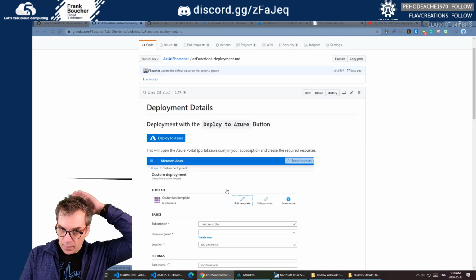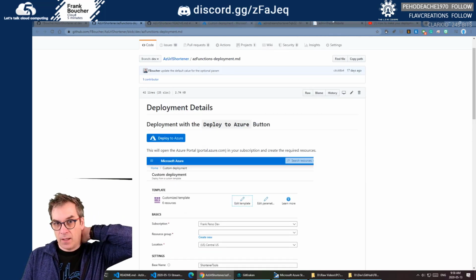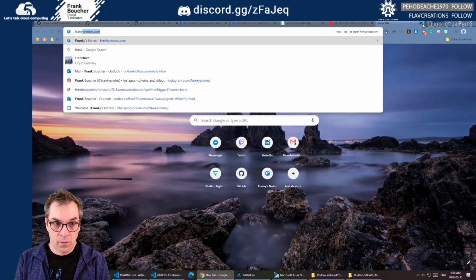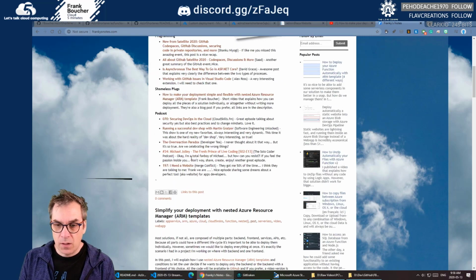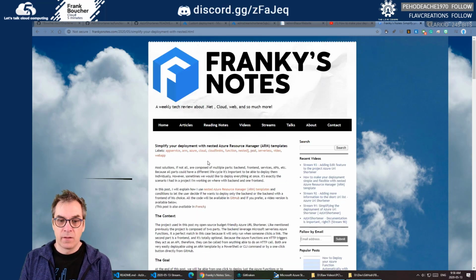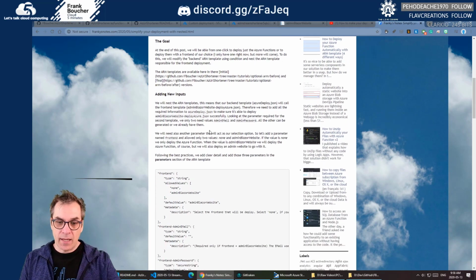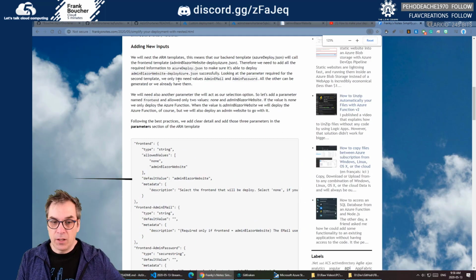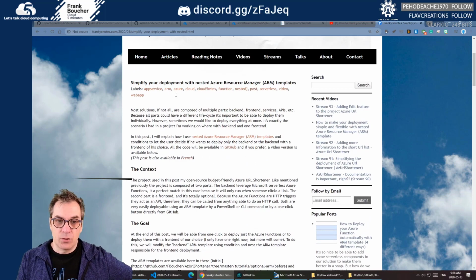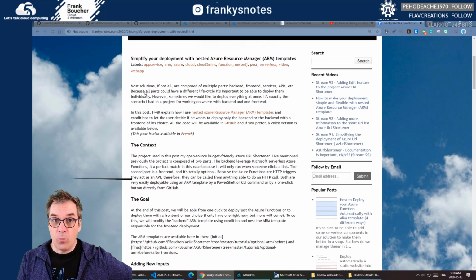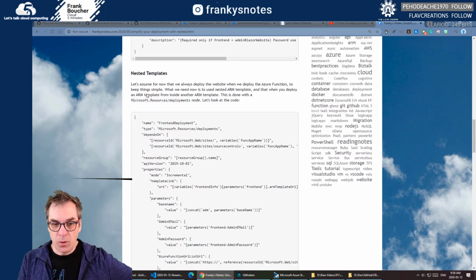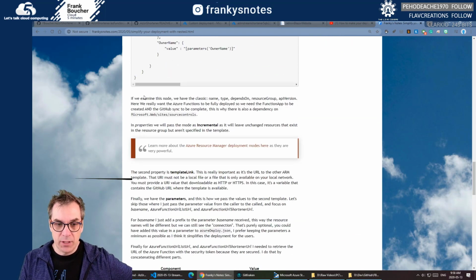Should I put the deployment? I have a full blog post also, so if we go on Frankie's notes, I have it here. I explain everything I did for the complex deployment. So should it go on how it works? But it doesn't work like that. It's really related to the deployment. So I'm not sure where I should put that.